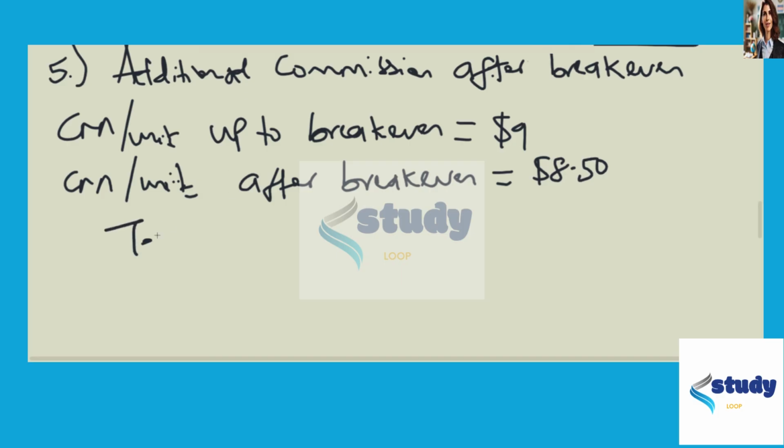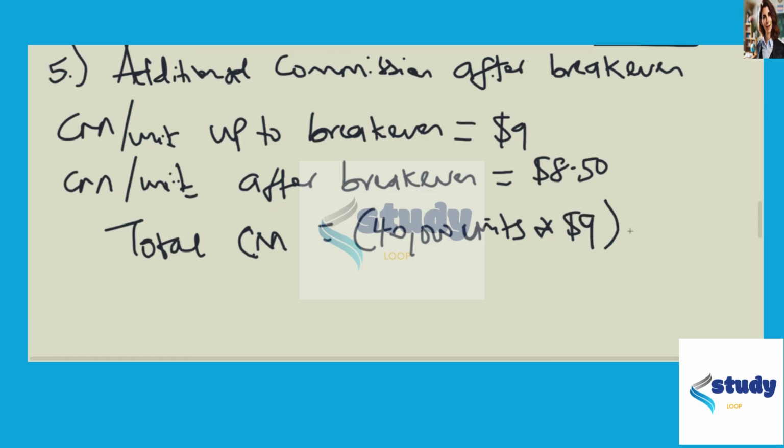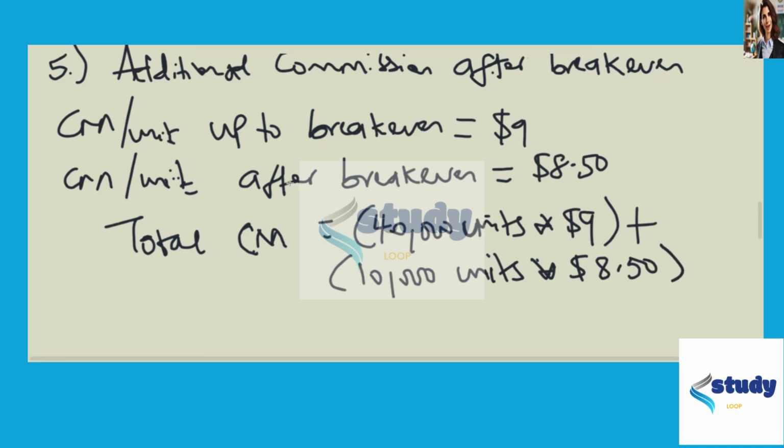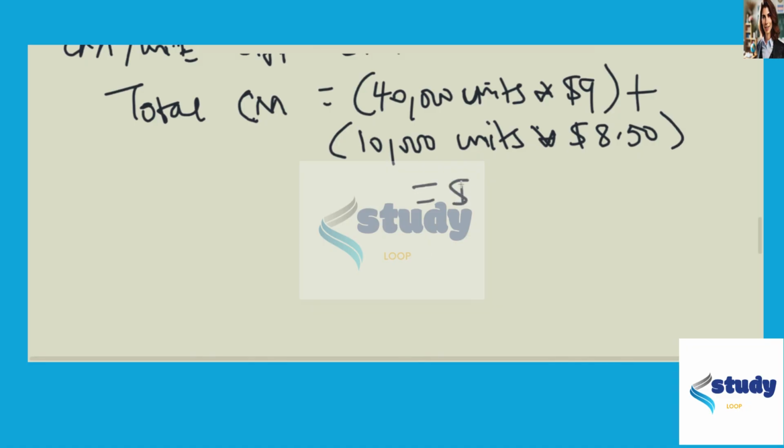So therefore the total contribution margin will be equal to 40,000 units multiplied by $9 plus 10,000 units multiplied by $8.50, and then if you add this together, this will give you